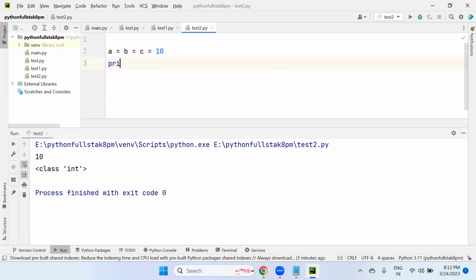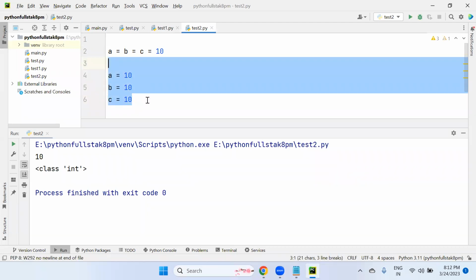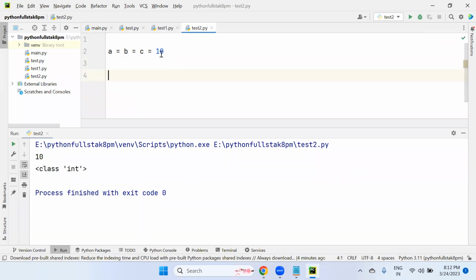This is the same as writing A = 10, B = 10, C = 10. So why write 3 variables separately with the same value? To avoid this, it is better to use multiple assignment.